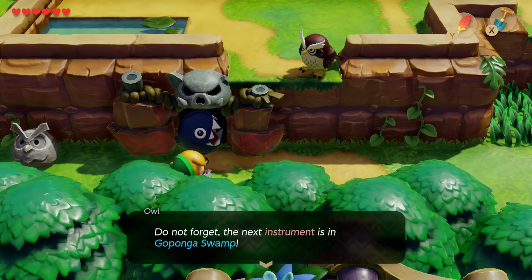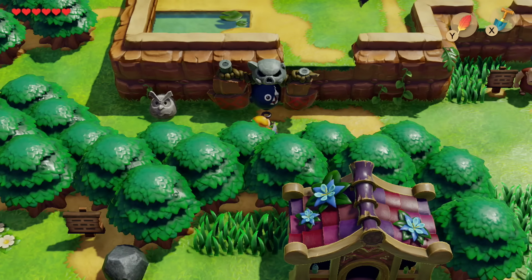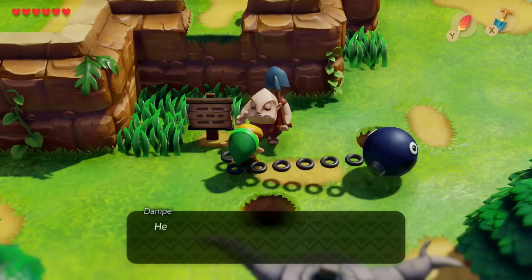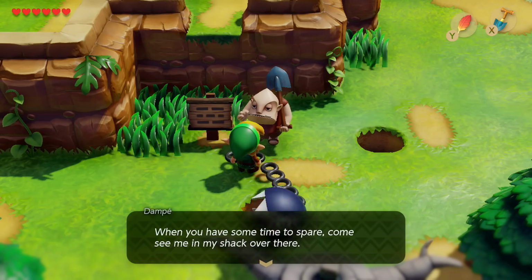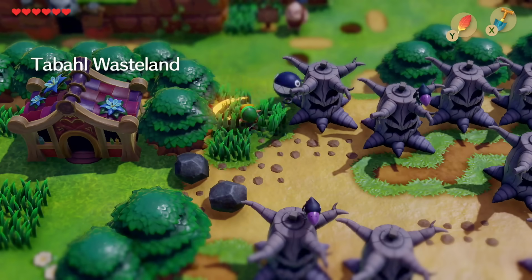Do not forget, the next instrument's in the swamp. I know, you told us like 10 minutes ago, mister. Dampé is out of his hut, and he is ready for us. However, he requires us to finish the dungeon before we go in there and we do any of the Dampé